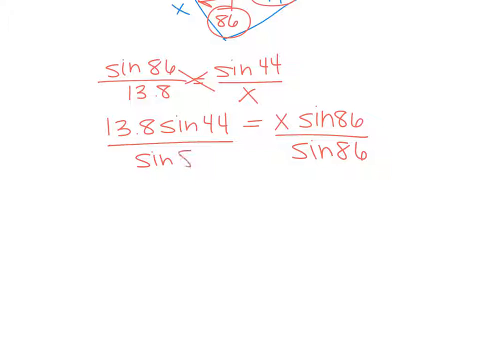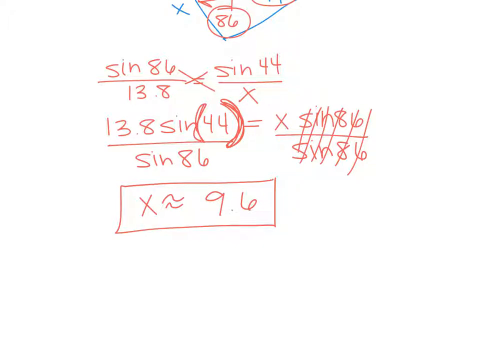What do you have to make sure of if you plug it all in as one step? The parenthesis that goes right here, okay? So 13.8 times sine 44, end that parenthesis, and then divided by sine 86, and you should get to the nearest tenth approximately 9.6. Okay, but that parenthesis will make or break you in this,